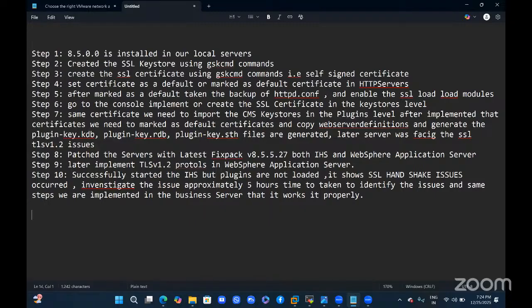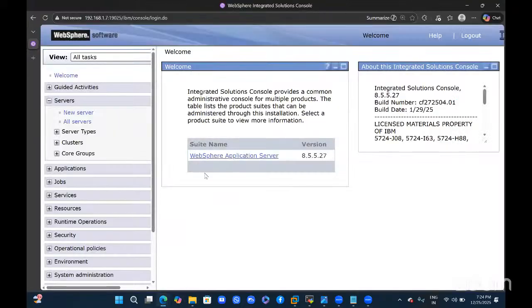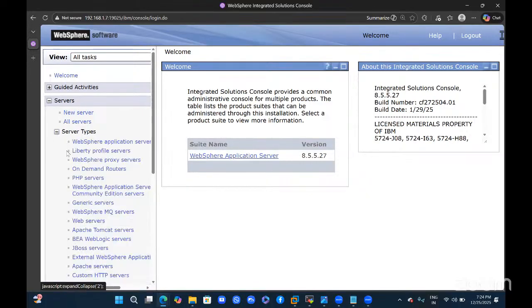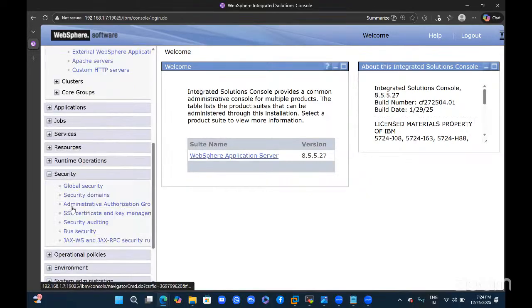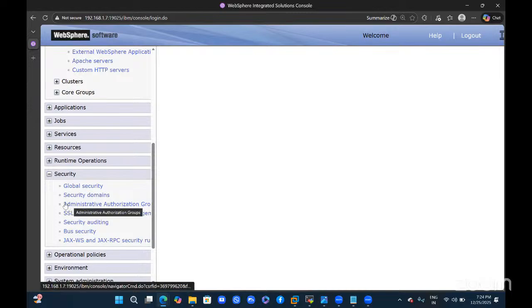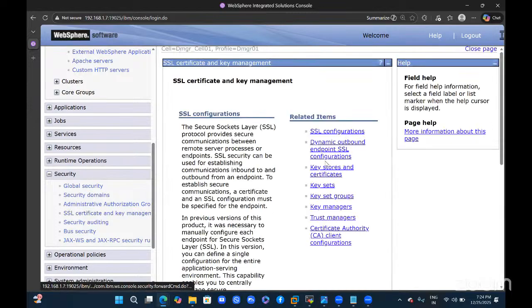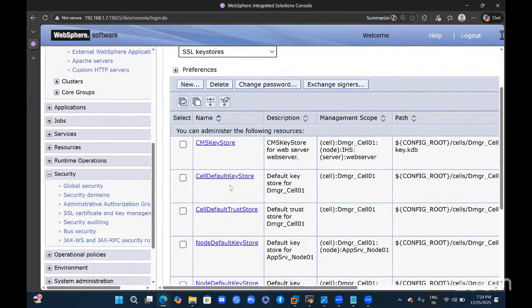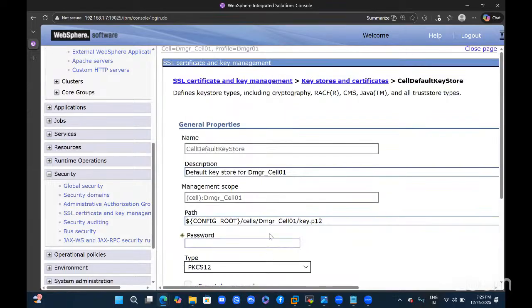Local server is not up to the mark. See, this is our local server, not the business server. So what I implemented means, see, this is SSL. I implemented this. These are the server steps: SSL and key stores and the certificates. Cell default key stores,